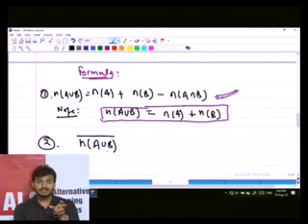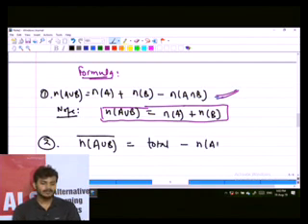This is nothing but the number of cardinals of the set which is not liking A or B, which is not in the support of A and B. Okay. What is the meaning? That I'll tell you. First of all, let me tell you what is the answer. For this we will be doing total minus n of A union B. Rest are same, right? For finding n of (A union B) bar, it would be total minus n of A union B.